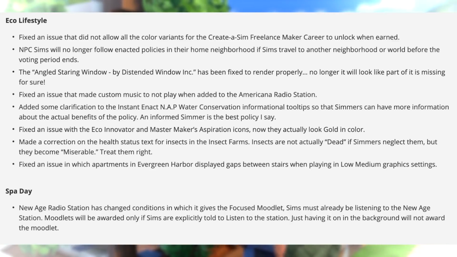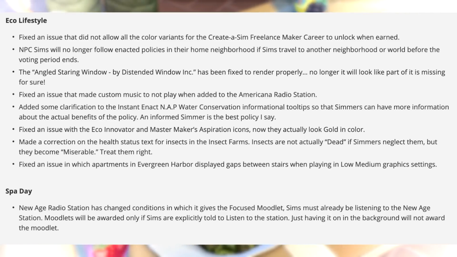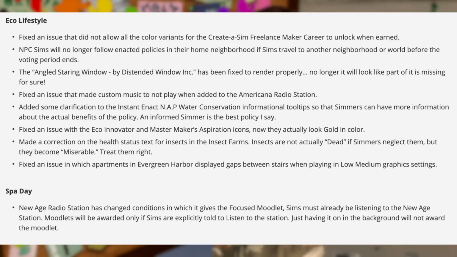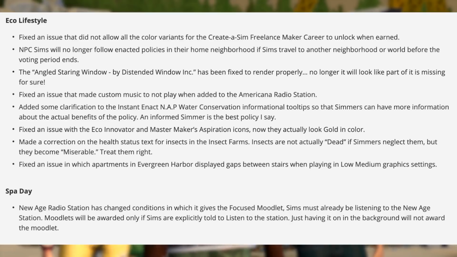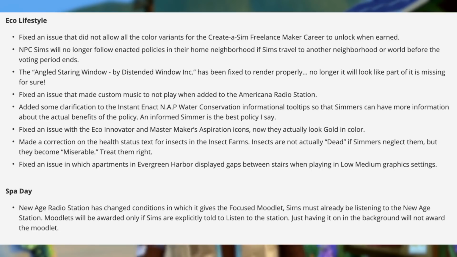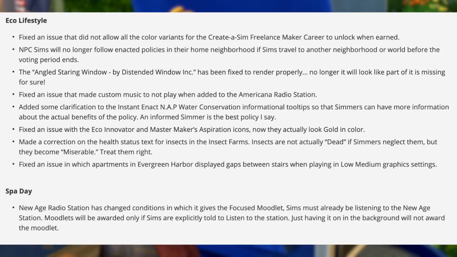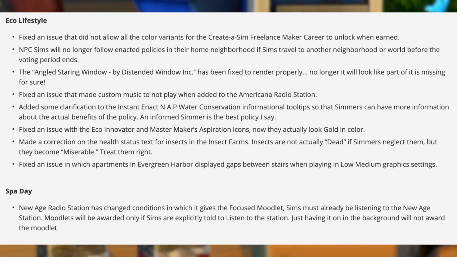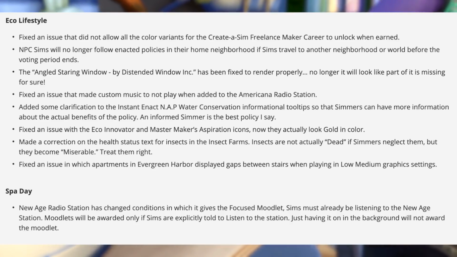Treat them right. But I'm guessing they're still no easier to take care of, since there was that whole video that Carl Sims Guide made where for part of the time he was complaining about the insect farms, especially if you have more than one. It takes up so much of your Sims' day to just take care of them, and it's just ridiculous. So, yeah, I think there's still things that need to be fixed, but there is one other eco-lifestyle issue fixed here,